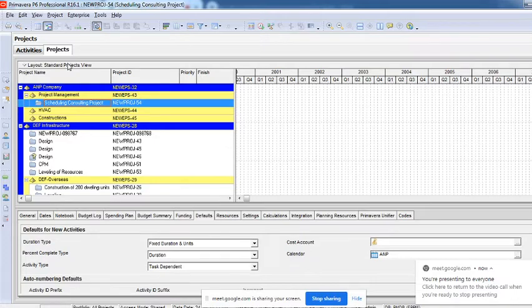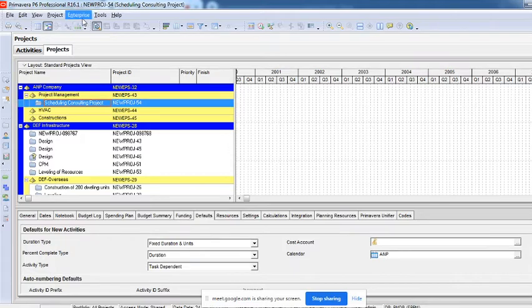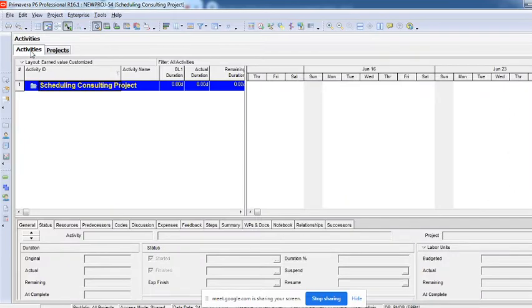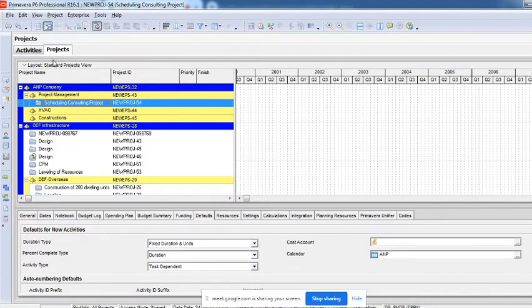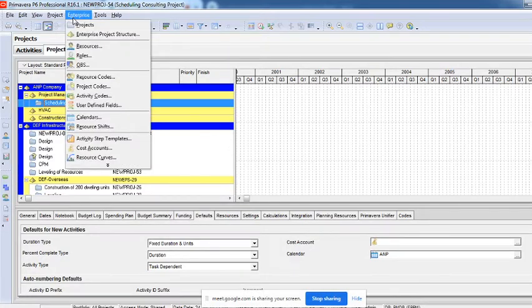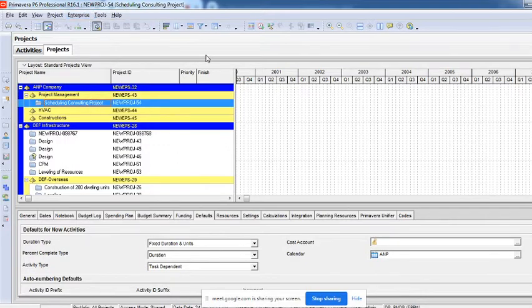I'll start again from the first. Okay. So the first thing we'll have to do, the moment you open your software, you will by default get into some project, that is an activity sheet like this. You will have to come out of that first. You will have to click on this enterprise, click on this project, so that you are in the project page. Once you are in this project page, you will have to click on this option called enterprise.